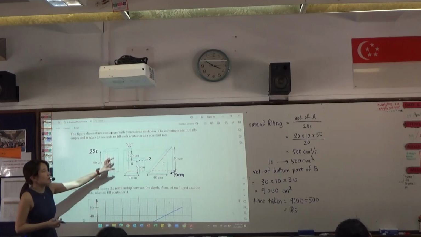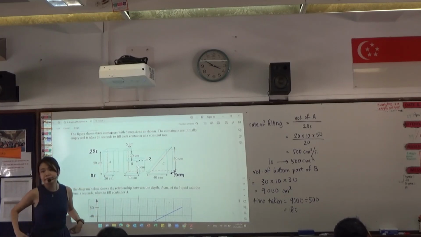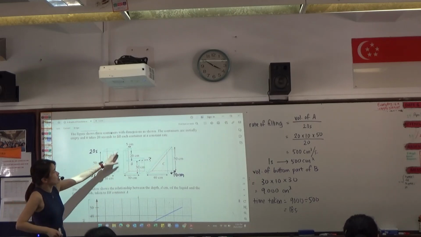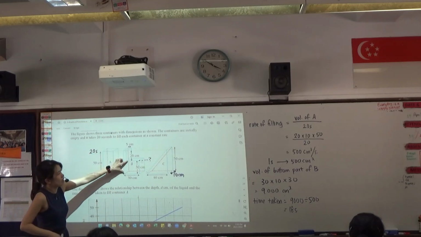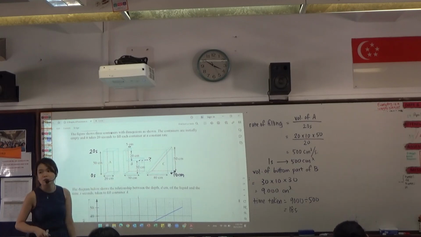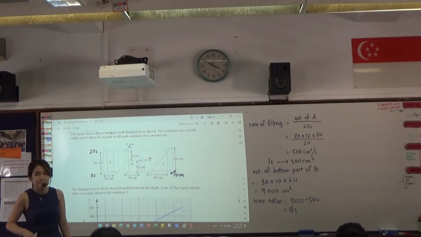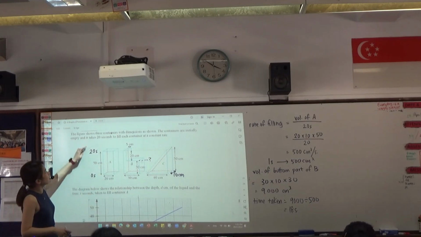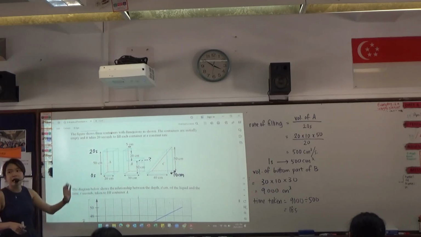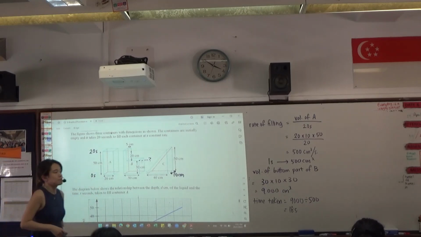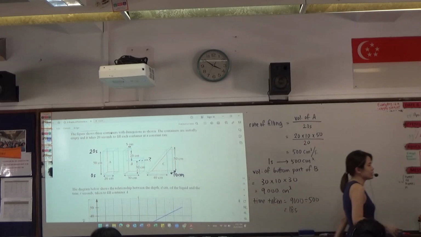Alright. The remaining portion, do we need to calculate? Don't need. Why? Because total is 20 seconds, right? We already know down here is 18 seconds, the remaining will just be 2 seconds. Okay? Understand? Because the question already said all the containers are being filled up in 20 seconds. Okay? So now to draw the accurate graph,